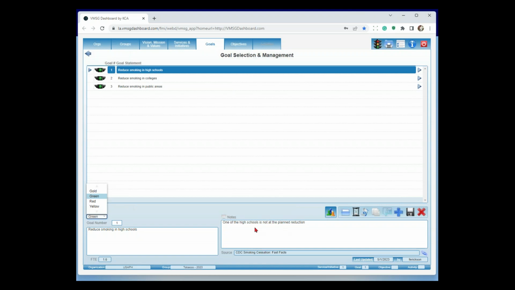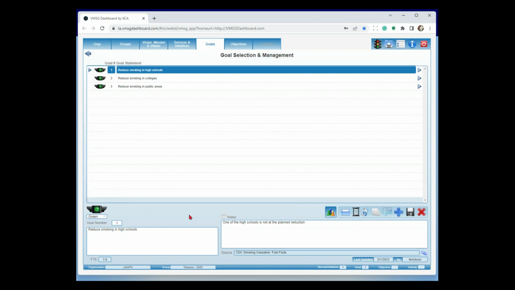When you mark it as yellow, you're going to put a note down in here. The note's just going to say, hey, John is going to be retiring soon. We need to replace him to keep the program moving forward. Red would be, maybe unexpectedly John did retire. The program has come to a screeching halt. Again, putting a note down here as to what happened. And then the gold bar indicates successful completion. So if you get to a point in a plan where you're completely done with a plan, you can mark it as gold, indicating it's successfully completed.